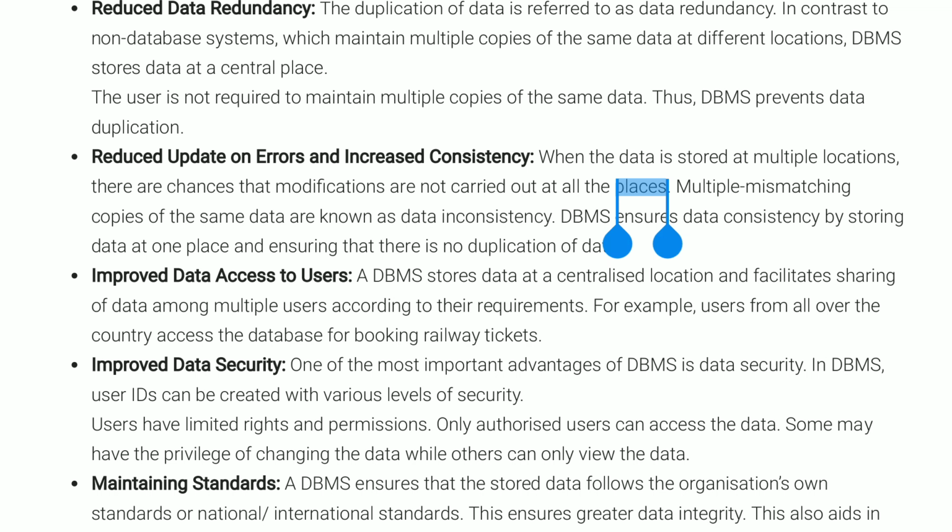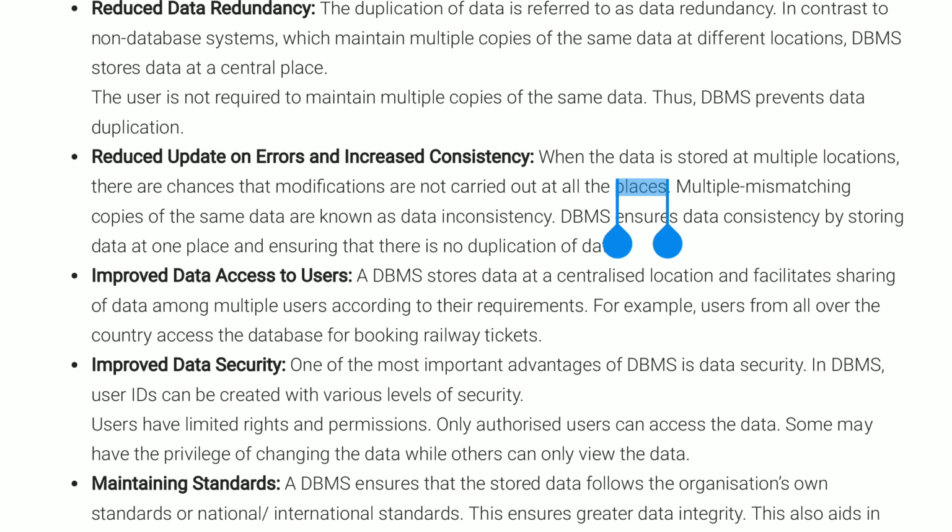In DBMS, user IDs can be created with various levels of authority. Users have limited rights and permissions. Only authorized users can access the data. Some may have the privilege of changing the data, while others can only view the data.